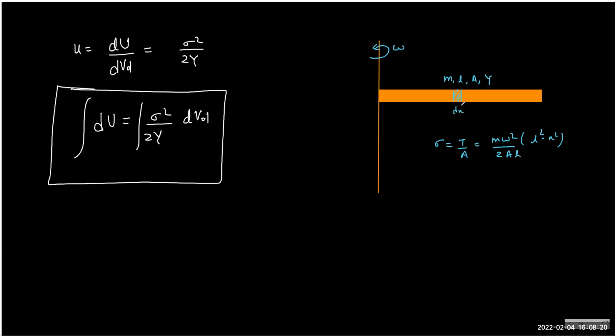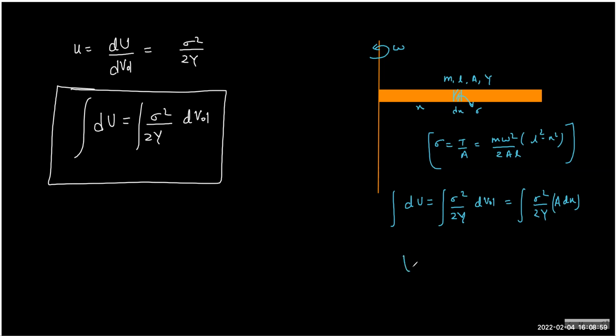Energy in this volume is easy to find because I know the stress of this volume, sigma, which is a function of x. So energy stored in this volume is how much? Sigma square, which I will never do, into volume. And in this case, you can write the volume as a dx. That's the easy way to convert the volume. And sigma here, you have got the answer here. So you can substitute the sigma as a function of x and do the integration to get the total energy stored